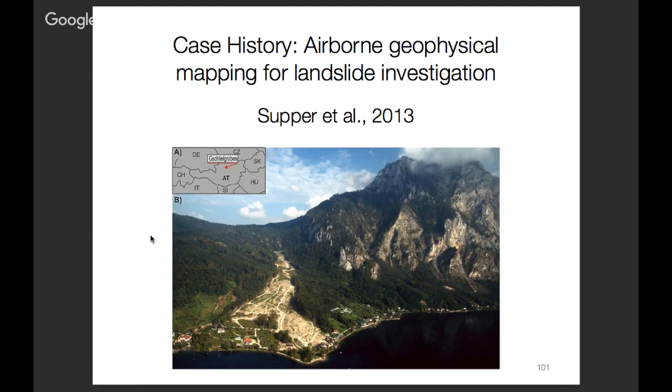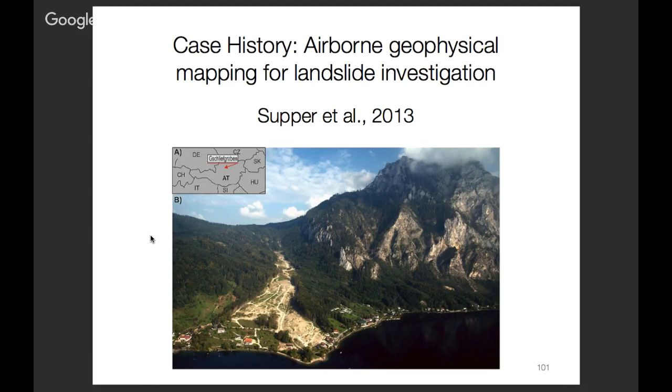I'm not going to go through that. I'll just flip through this so you can just see what's there. If people are interested in any of these case histories that we're not really going through, then we can do that tomorrow. We have lots of time. But this is actually a